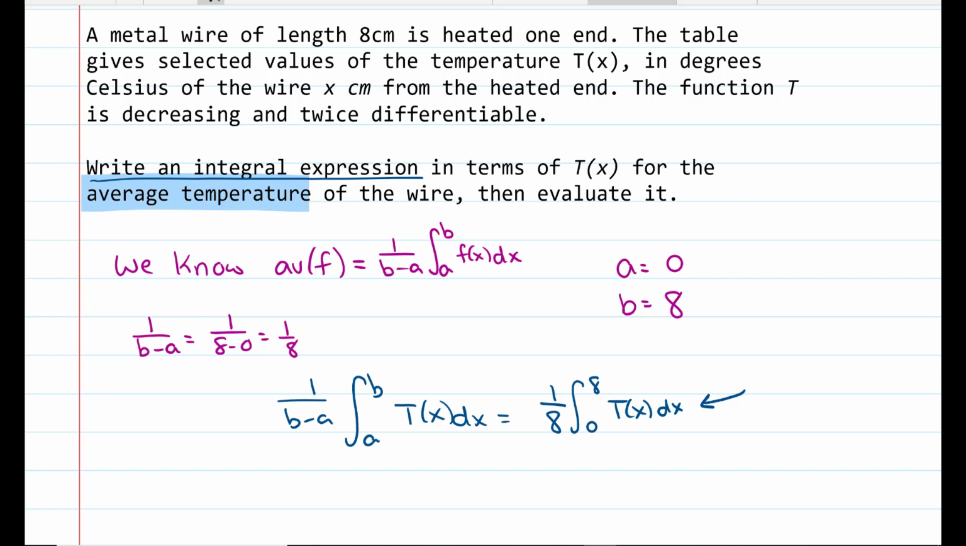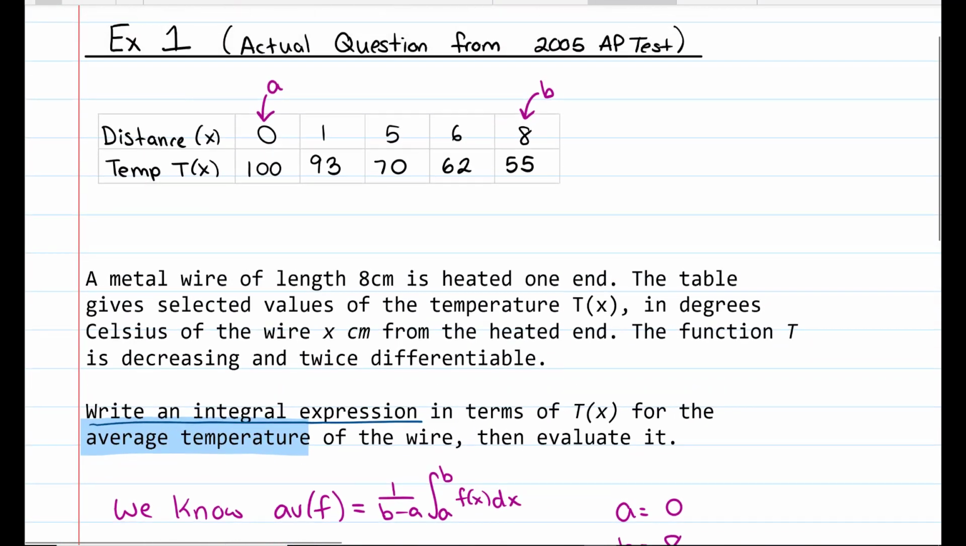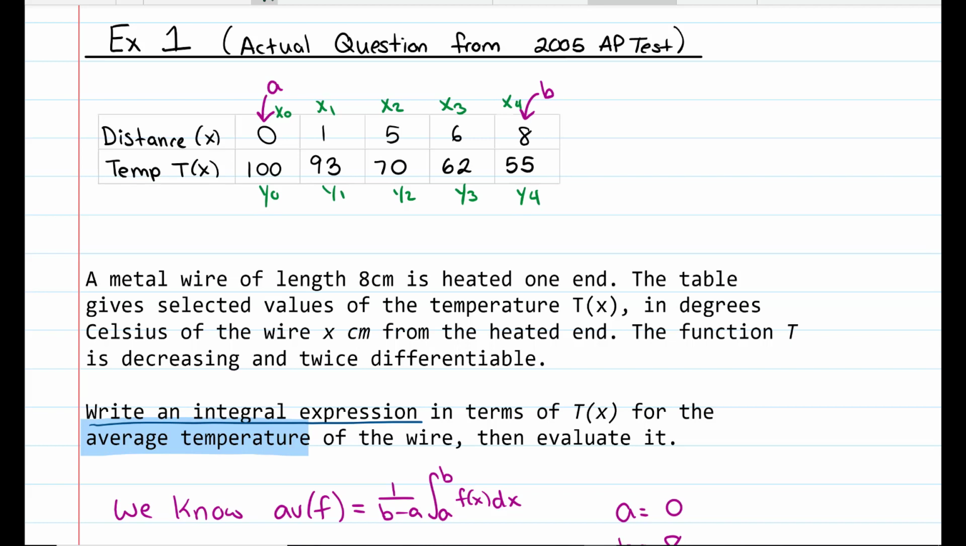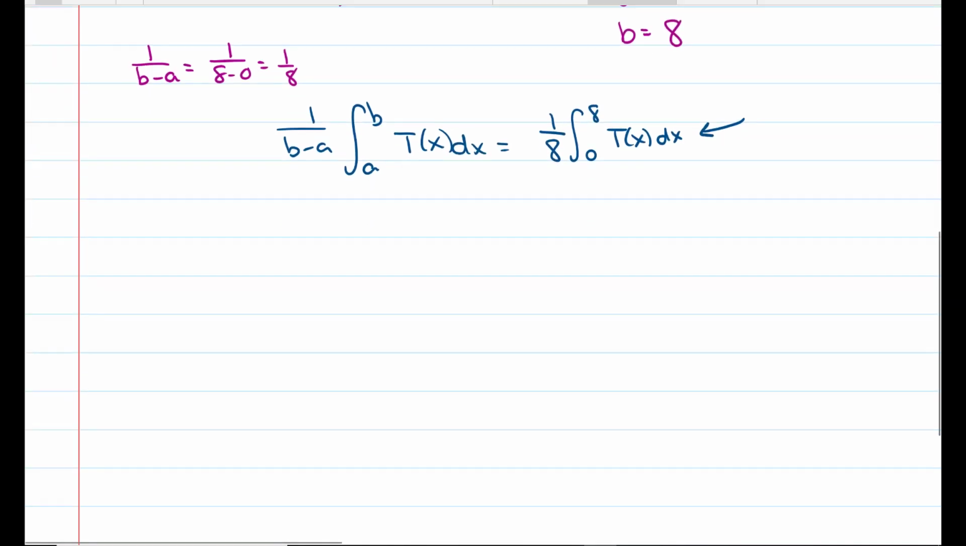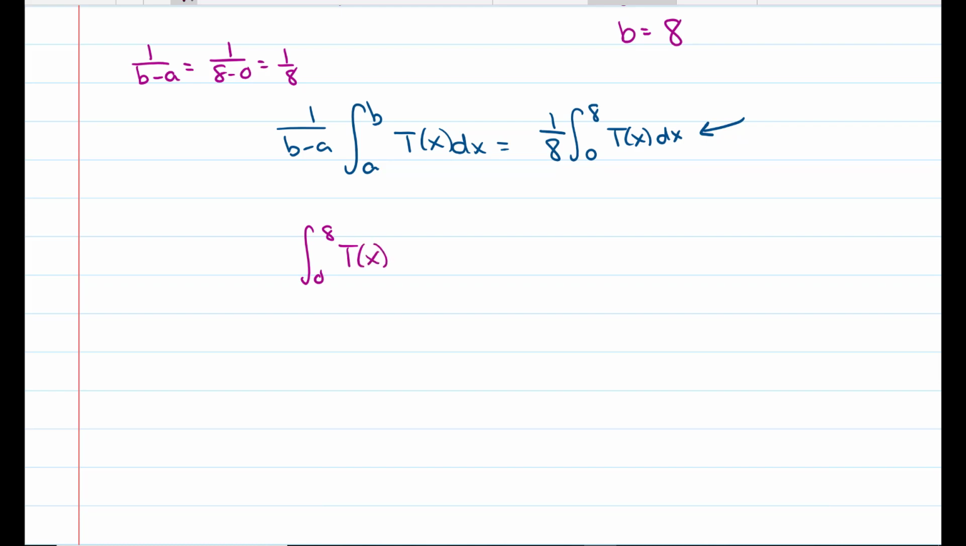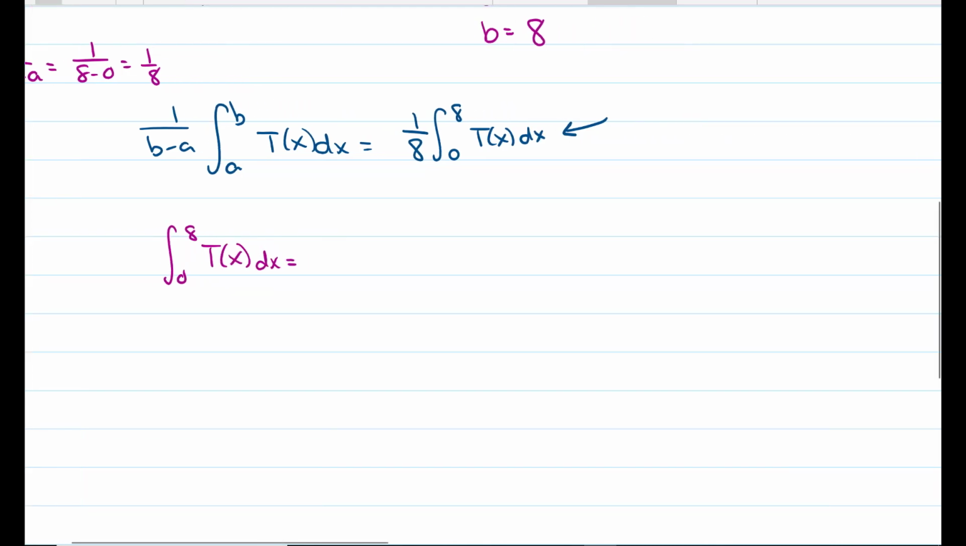Now it says to evaluate it. So here we go. We're going to use the trapezoidal approximation method. I think it might be helpful to identify what x1, y1, and all those are. This actually isn't that hard to do. This is x0, x1, x2, x3, and x4. This is y0, y1, y2, y3, and y4. So using the trapezoidal approximation, we're going to get that the integral from 0 to 8 of T of x dx is equal to